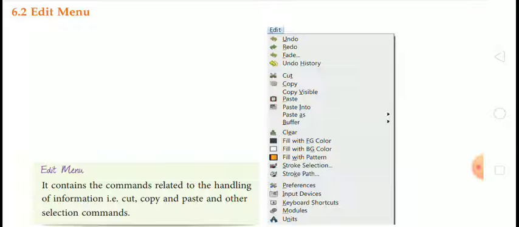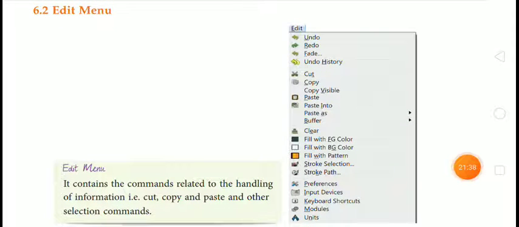These all are different functions with different functionality. Then buffer option. After that, clear option. Next is fill with FG color. FG color means foreground color.